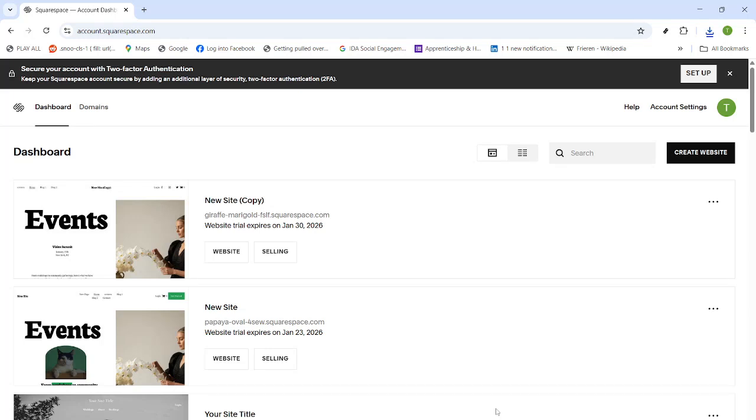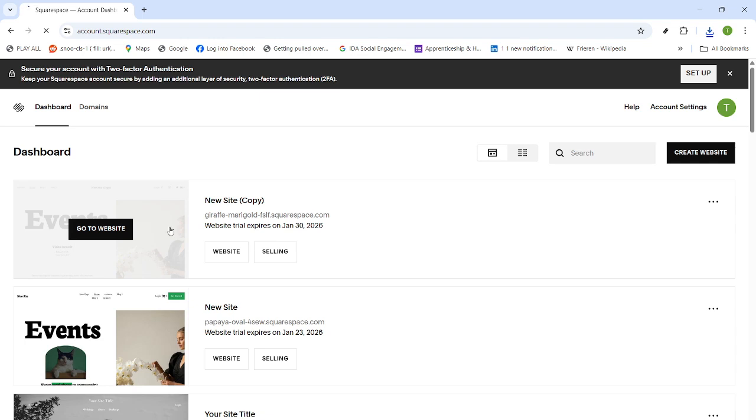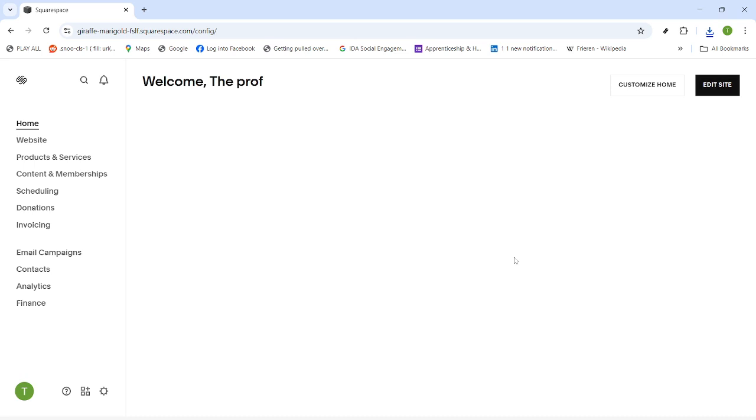In today's video, I'm going to teach you how to remove things from your Squarespace header. By the end, you'll know exactly how to clean up your header, so only the most important items are visible to your visitors. Start by opening your Squarespace website and heading to a page where you can see the header